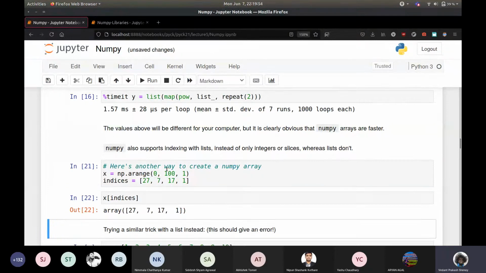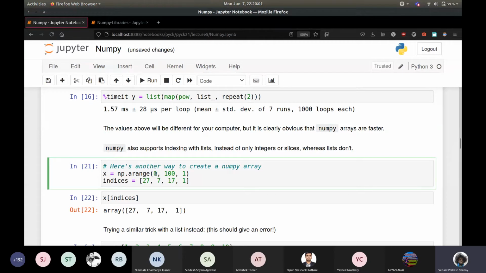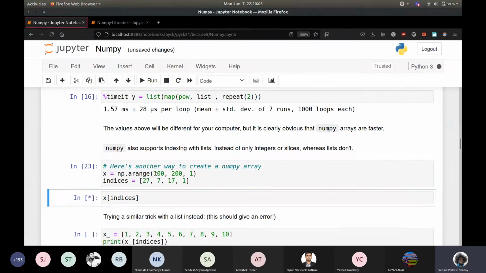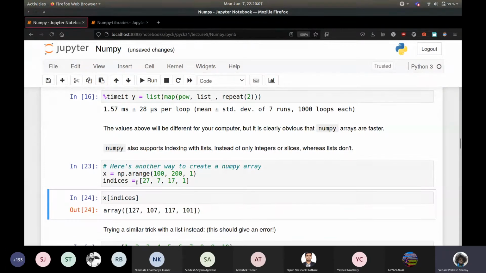Now, obviously, in this case, the index is the same as the roll number, but this can be anything. For example, if this starts at 100 and goes to 200, then you basically get the elements in these indexes. So that's another good thing.